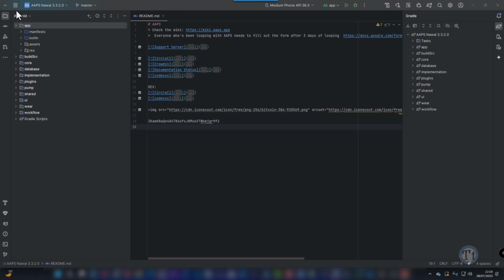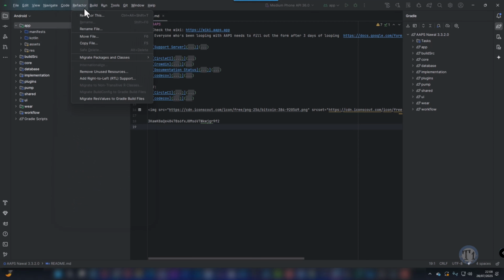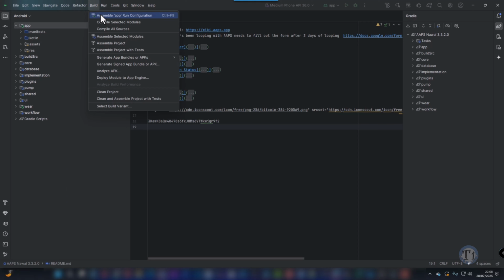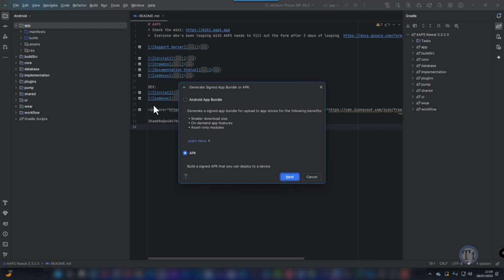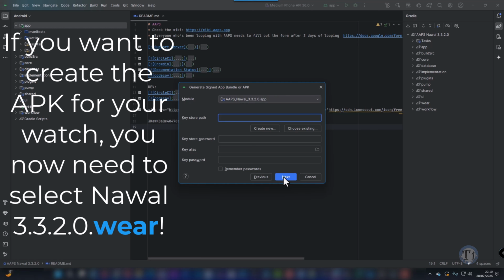Click the hamburger menu on the top left to open the menu bar. Select Build, then select Generate Signed App Bundle or APK. Select the APK, then click Next. In the next screen, make sure that module is set to AAPS NOAL 3.3.2.0.app or whatever you named yours. If you want to create the app for your watch, you now need to select NOAL